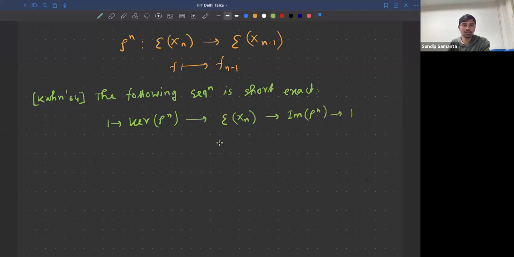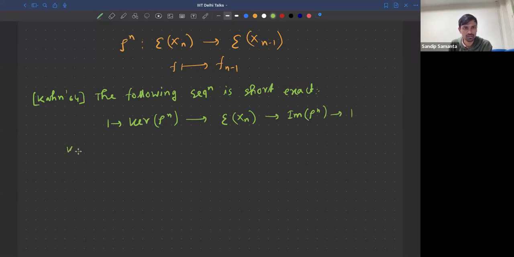In the exactness there is nothing new here, because given any ρn, I can construct the exact sequence just by taking the kernel. This is clearly an inclusion, and if I send the map to its image, this is onto, so this is already an exact sequence. But the importance of this is that the kernel of ρn can be identified via the k-invariant of